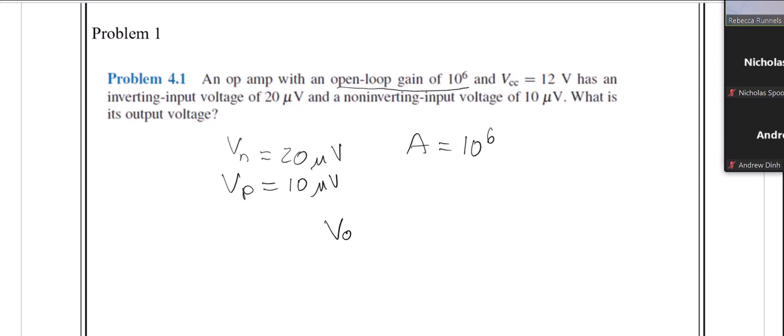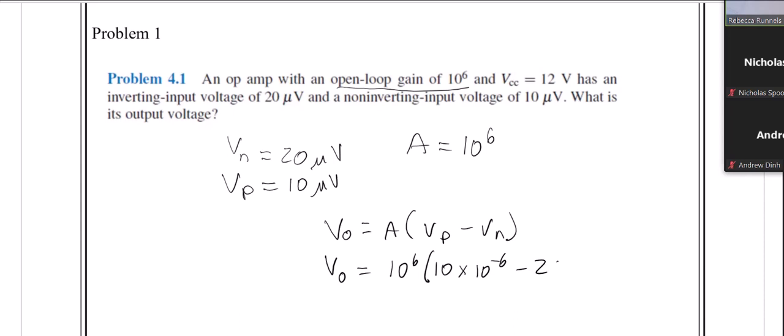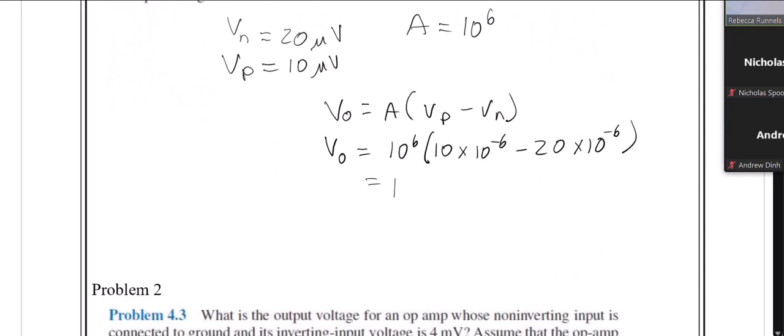We have that the output voltage is A times Vp minus Vn, or the output voltage is 10 to the 6 times 10 times 10 to the negative 6 minus 20 times 10 to the negative 6, which is 10 to the 6 times negative 10 to the negative 6, which is